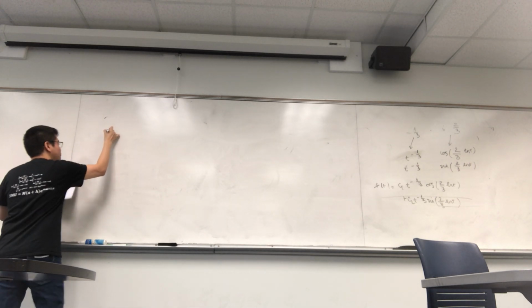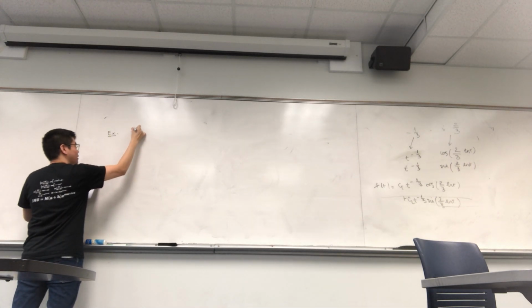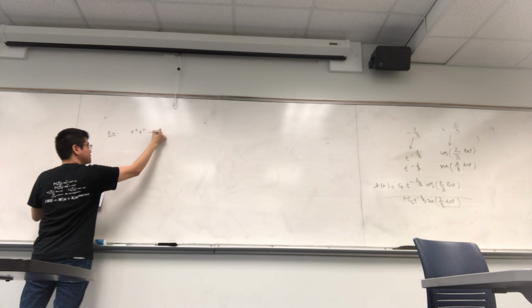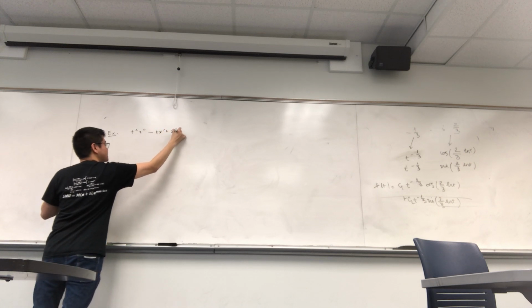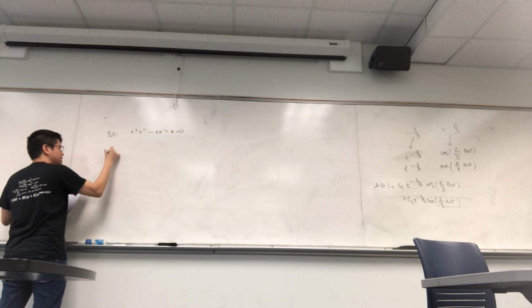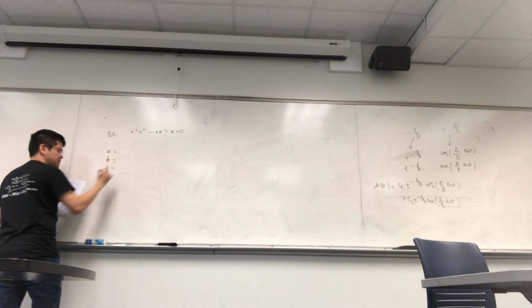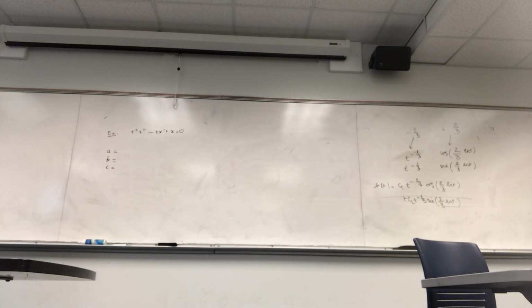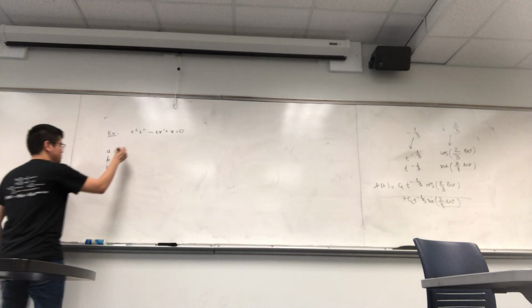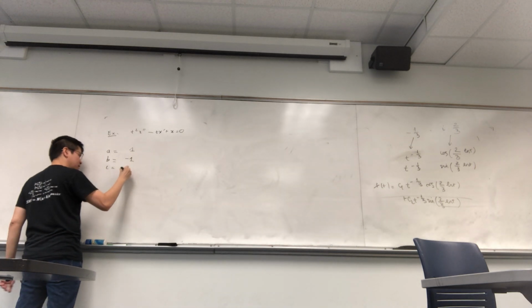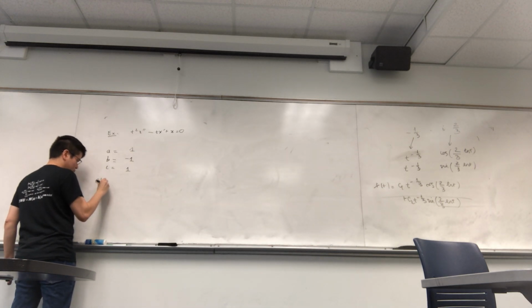So for example, you have t squared x double prime minus t x prime plus x equals 0. In this case, what is A, what is B, and what is C? They are 1, negative 1, and 1. So this is 1, minus 1, and 1. Right? So the characteristic equation